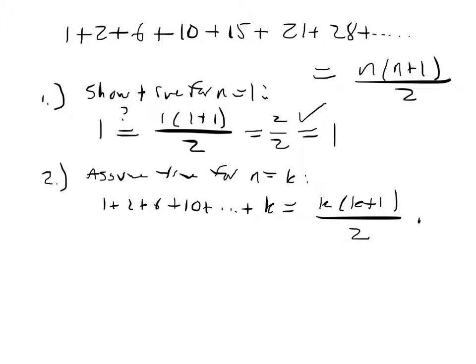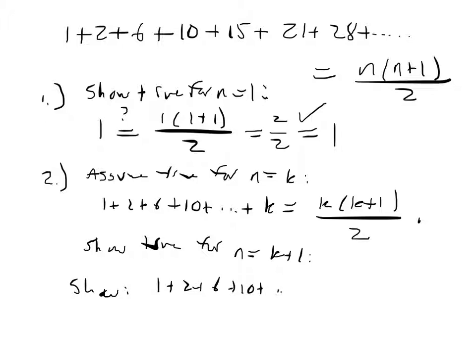So I'm going to assume that that's true. Show true for n equals k plus 1. So I need to show 1 plus 2 plus 6 plus 10 plus dot dot dot plus k plus 1